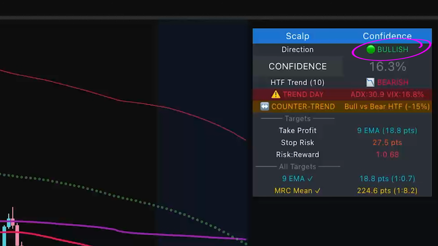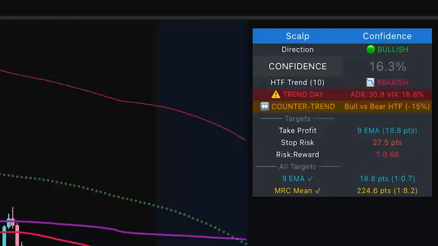However, we don't want to take scalps when the trend is too strong, so that's what the next line is for. The trend day guardrails warning activates when ADX is elevated and VIX is rapidly increasing. This indicates a potential trend day and/or a negative gamma day. In a negative gamma environment, reversion still can happen, but you don't want to size it like a normal range day. Therefore, this trend day guardrail is designed to apply a penalty to the confidence score so that the indicator